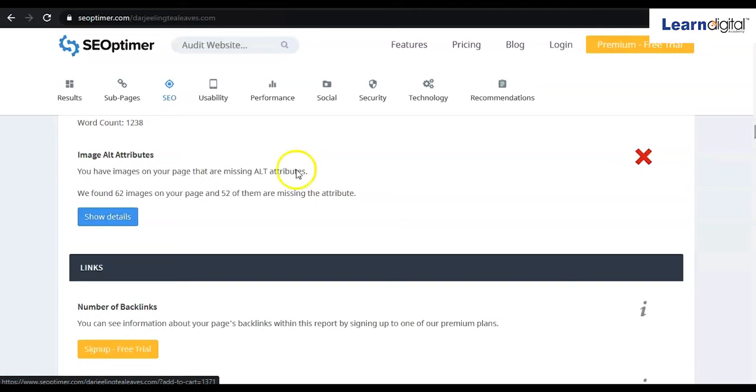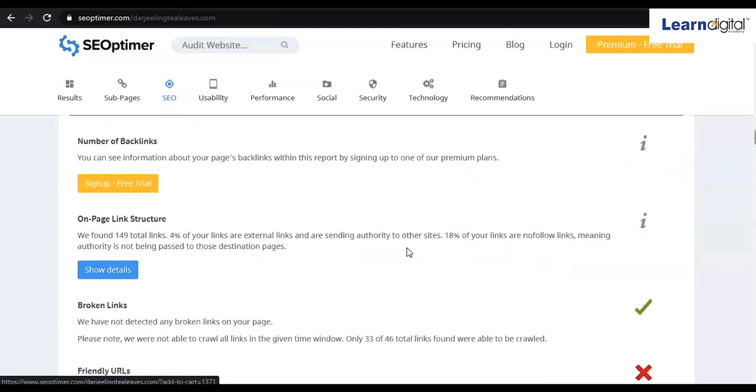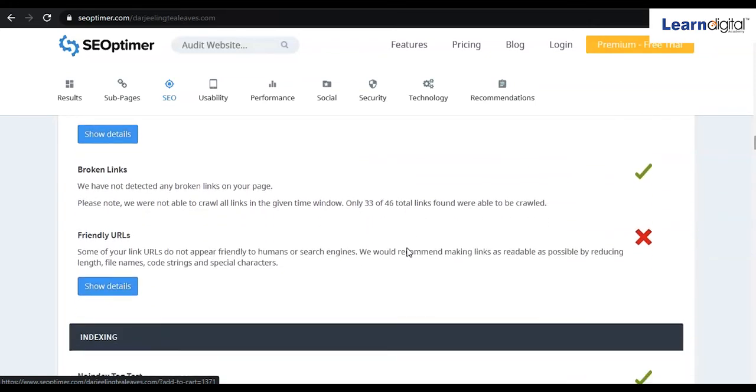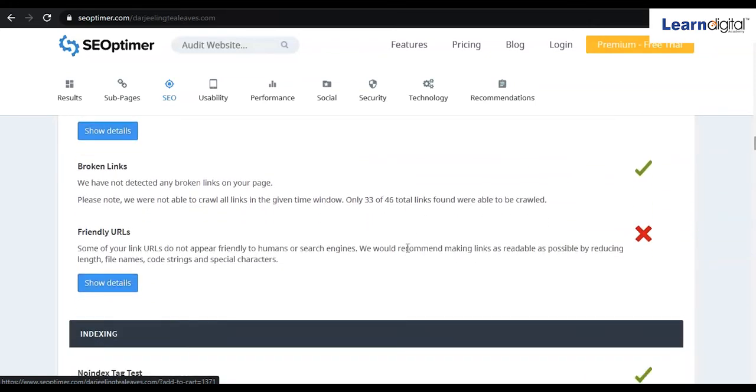So this is not up to the mark as well. On the right side we can see this cross button, and the number of backlinks. Certainly you have to sign up for that one. There is no broken link and friendly URL. Here we can see this website doesn't have a friendly URL.